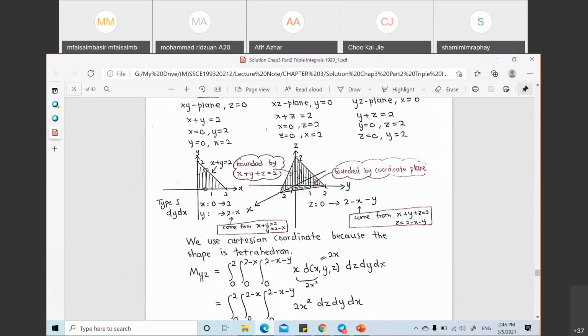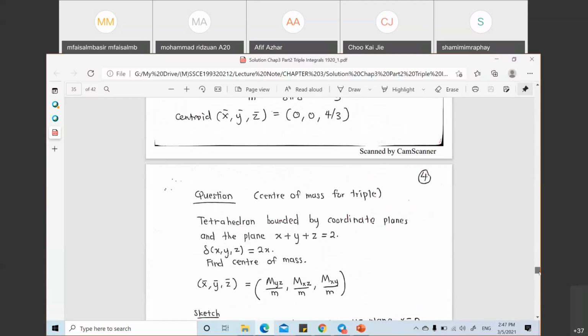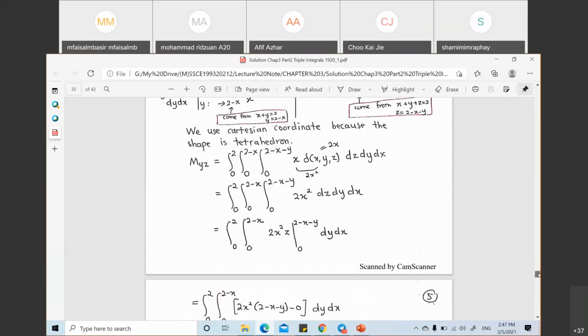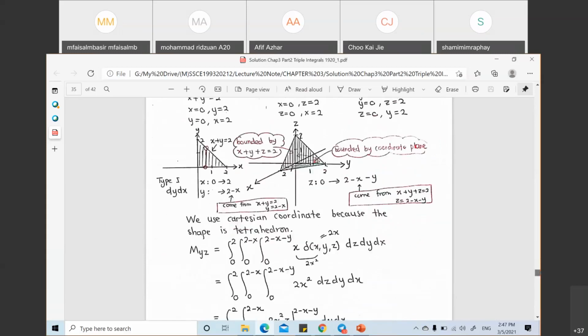So m, y, z, okay, which means x, and this thing can be anything, dz, dy, dx, or dx, dy, dz, it's okay. Because it's up to you how you see the graph, you see the surface. So this is when z0, y0, and x0. Okay, you can find for myz. So myz